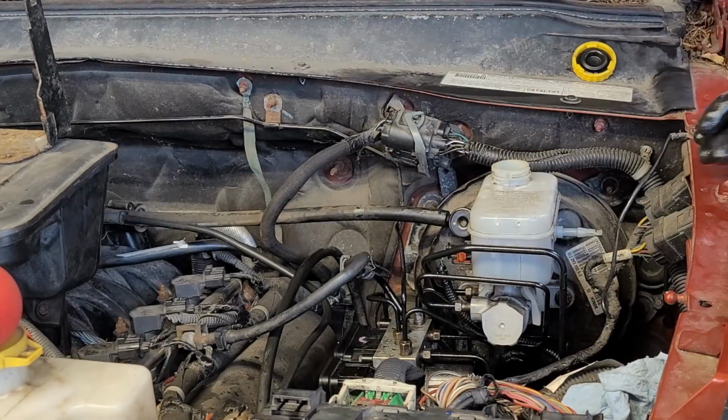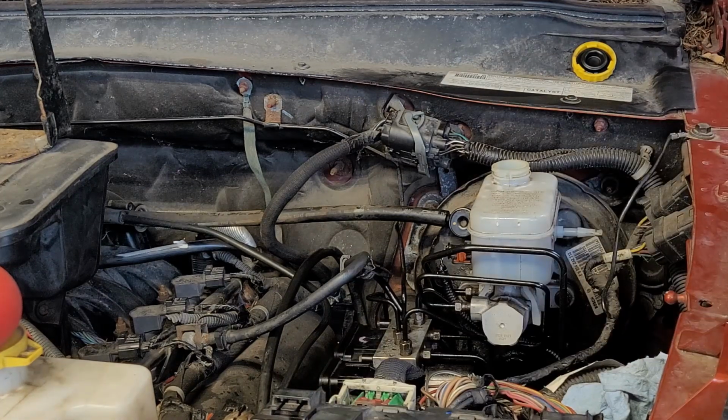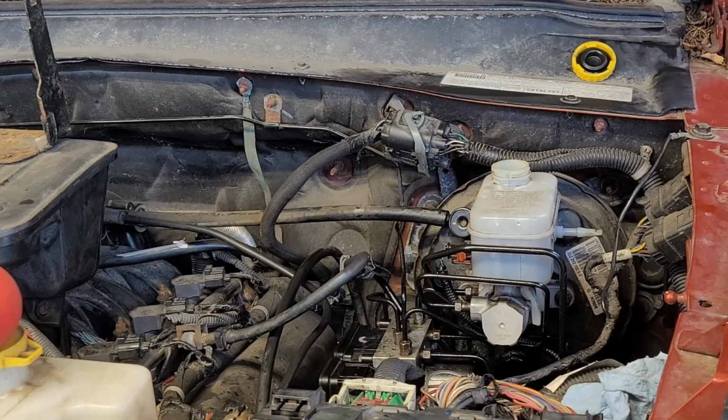It's full. All right, so we are at the moment. I'm gonna let that gravity feed through those lines. I'll have to get the wife to help me